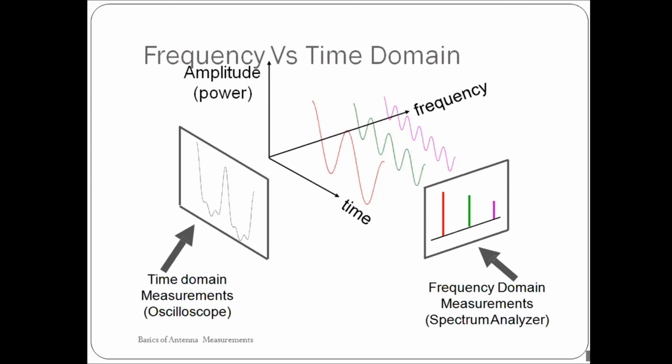For example, where is the application? After modulation, you will have many frequencies, isn't it? A single sinusoidal signal will have a single frequency component. But after modulation, you have many frequency components present in the signal. For example, in the amplitude modulation case, you have a message signal and you have a carrier signal. After modulation, you have a modulated signal. The modulated signal has components of carrier signal, message signal,